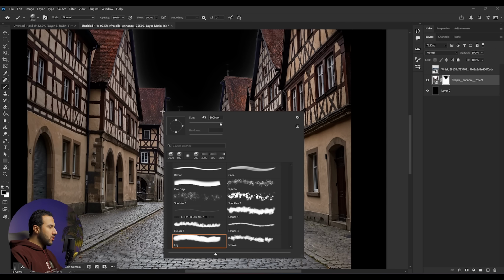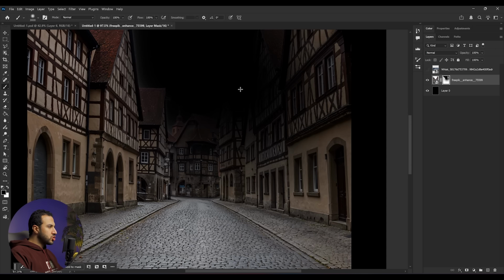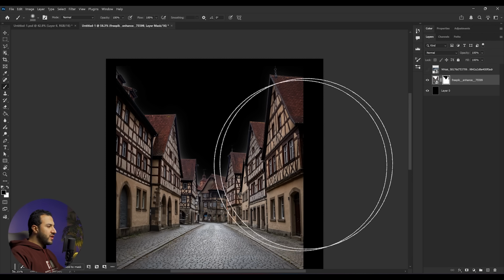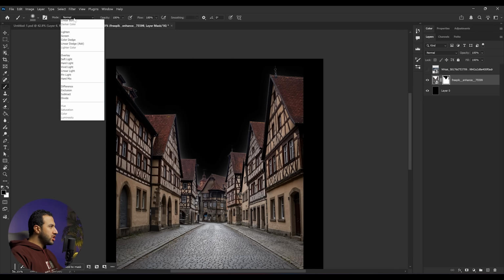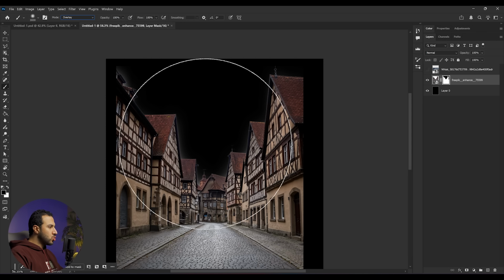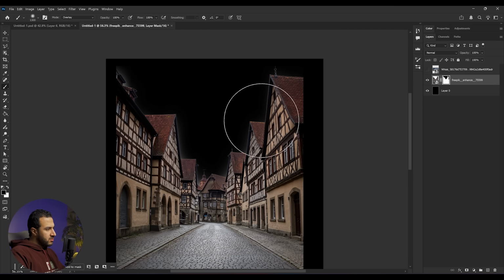Now as you can see right here, there are some edges that haven't been selected, so let's bring our soft rounded brush, and we can fix this by simply changing the blending mode of the brush into overlay. And let's select the mask from here. Let's make the brush smaller and let's just